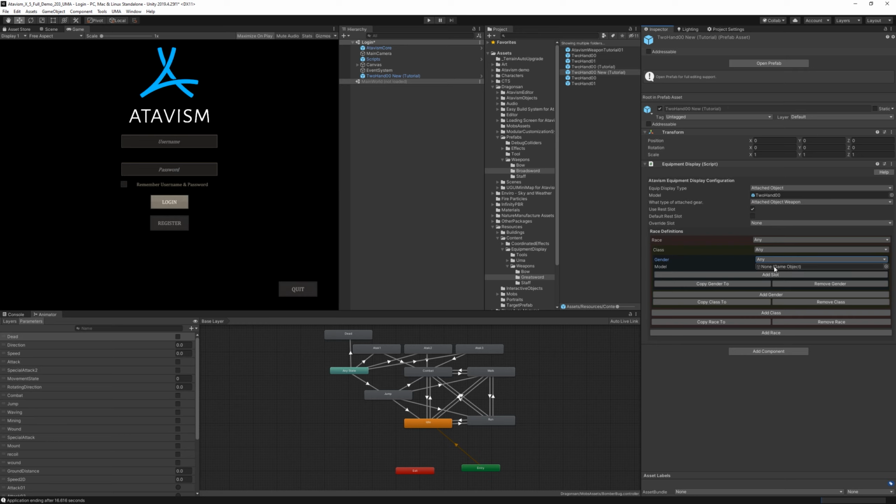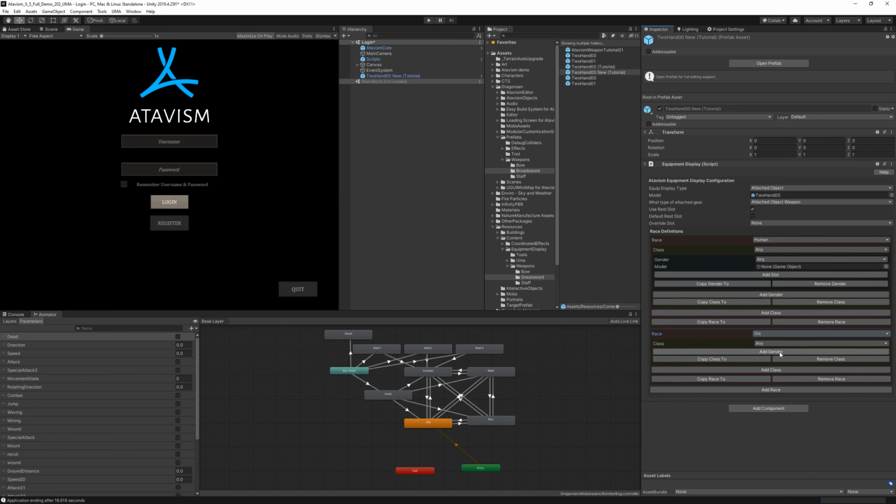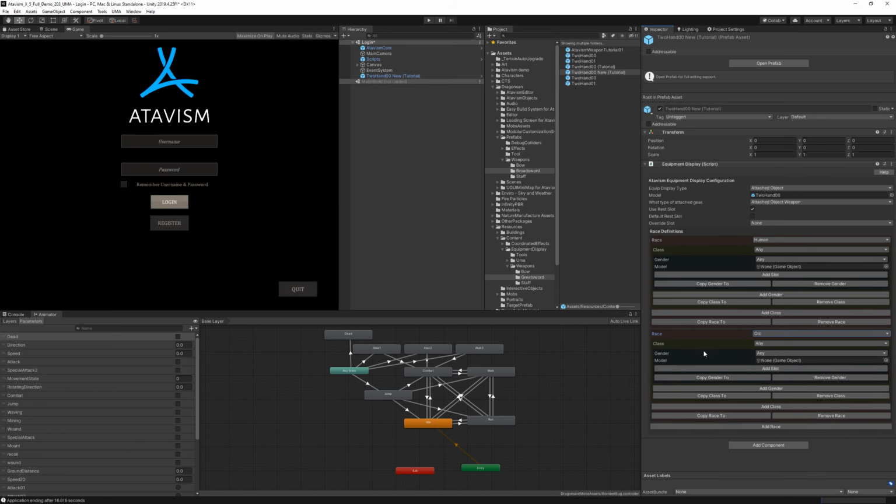And as you can see, we can also define model here. So we defined this model here as a default model, but if we would have, for example, human, only for race human, for any class and for any gender, then we could add new race, in this case let's say orc, also any class, any gender, but there we could define different